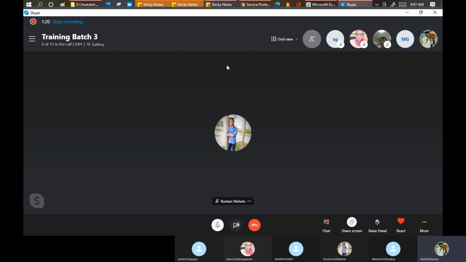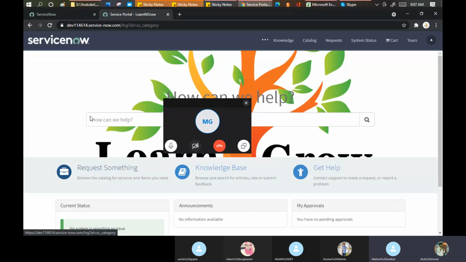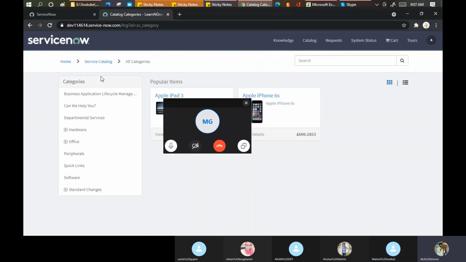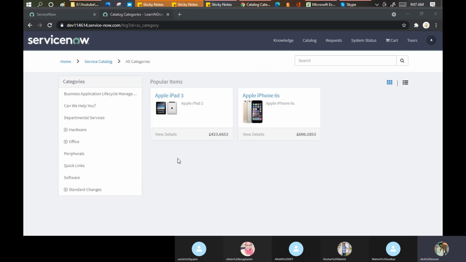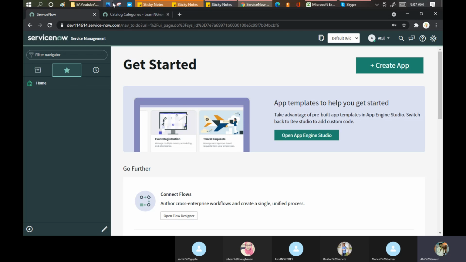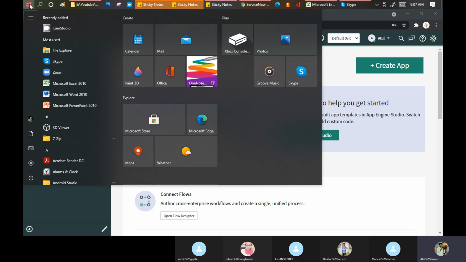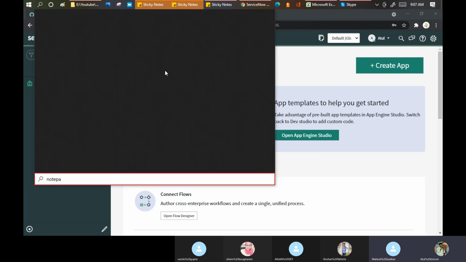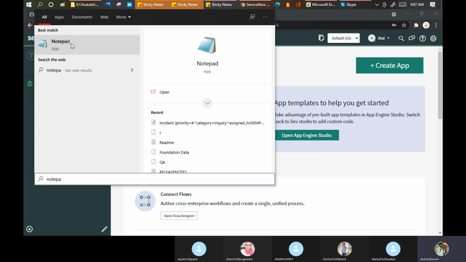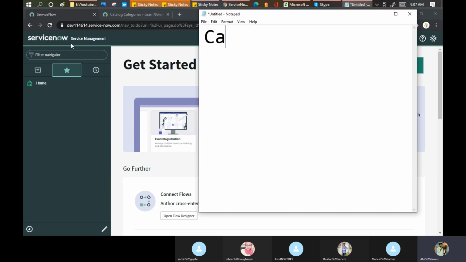Today we will see how I can create my categories here, this category, and I will create one item like this. For this, there are three main points to be considered. Number one is the catalog, which in ServiceNow we call maintain catalog.